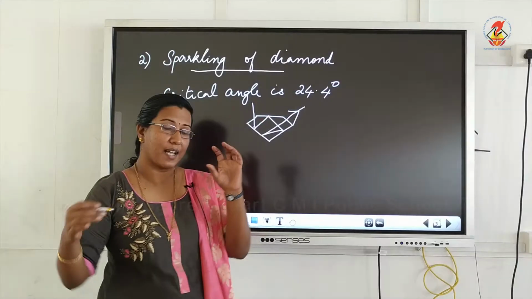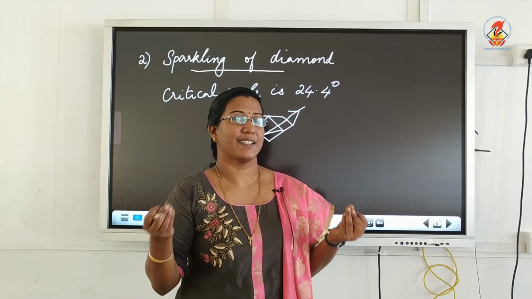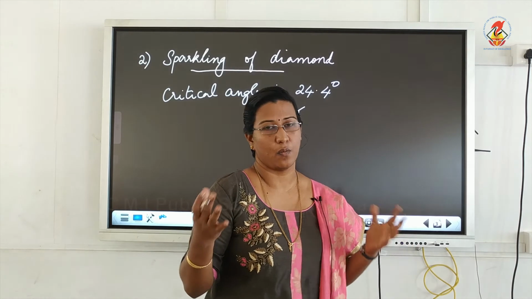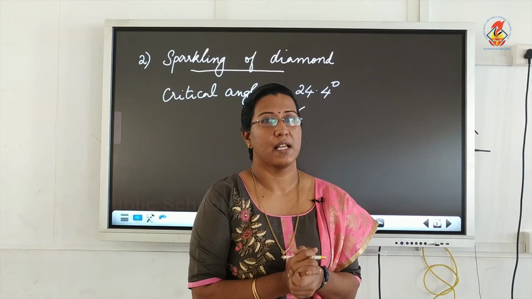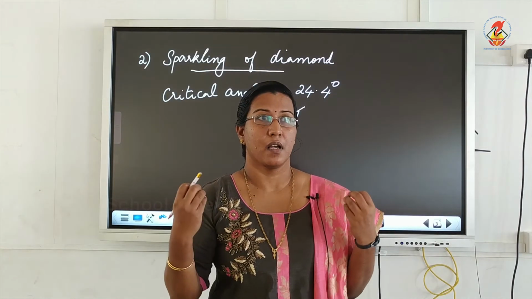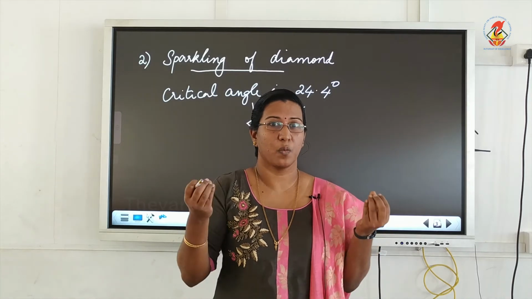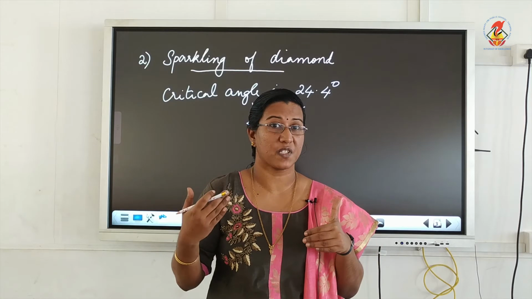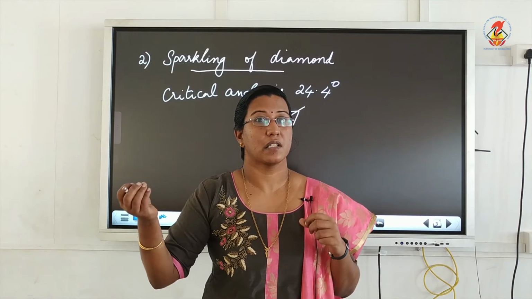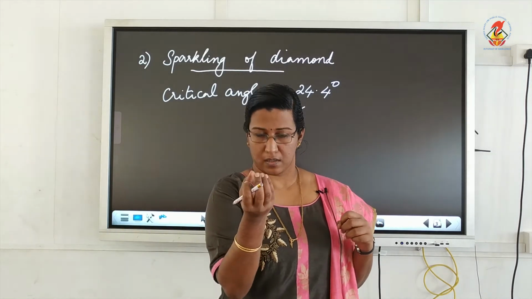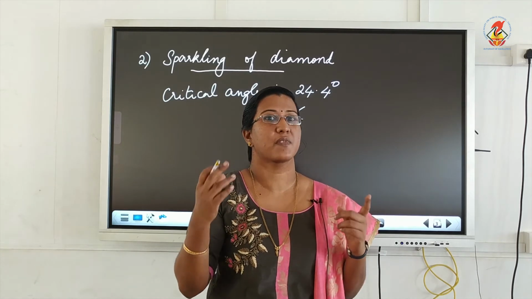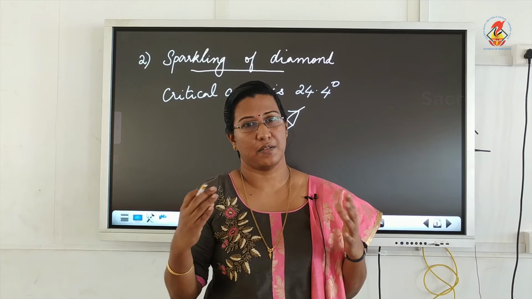So if you are looking at the diamond through those faces, you can see the diamond is sparkling or glittering. This is why a diamond sparkles, or causes more brilliance. Because of the way it is cut, the light rays, when they enter the diamond, undergo TIR multiple times, and come out of certain faces, and when you look at the diamond through those faces, you can see the light coming out, and it seems that the diamond is glittering.